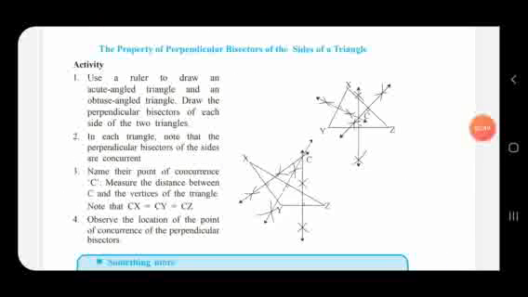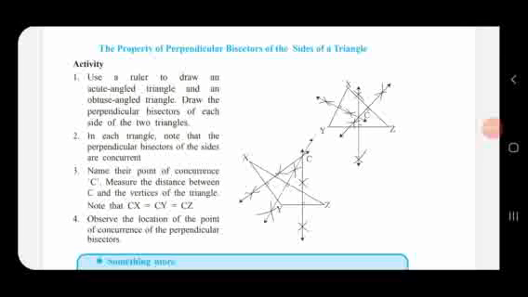Next is property of perpendicular bisectors of sides of triangle. Triangle also has three sides. If all the sides are bisected, then what we will get, that we will learn from the property of perpendicular bisectors of sides of triangle. For that also you can draw any triangle, obtuse, acute or right angled. After drawing that,